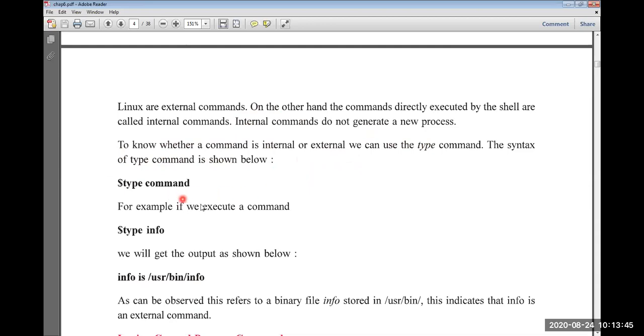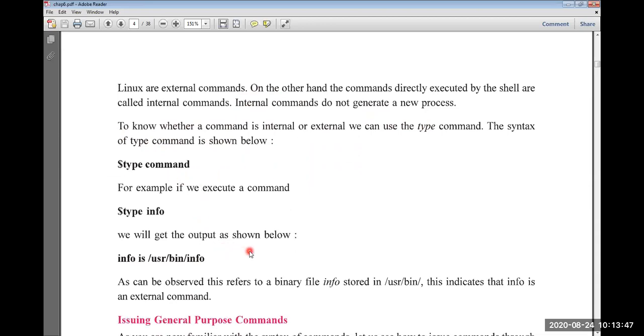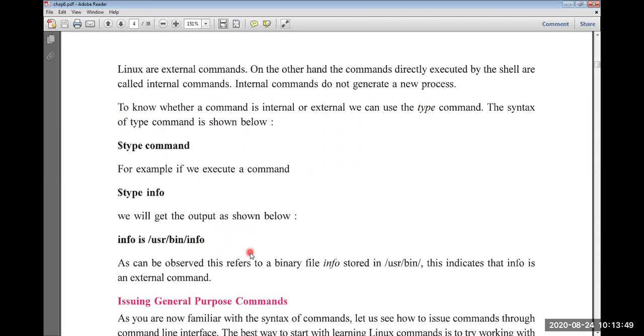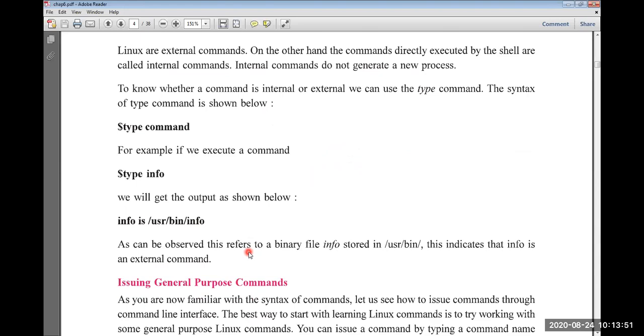Okay. So let us see how to find out whether it is internal or external. For example, if we want to check a command, what we need to do is type the command type and info. What is type info? It will show you whether the command is internal or external.